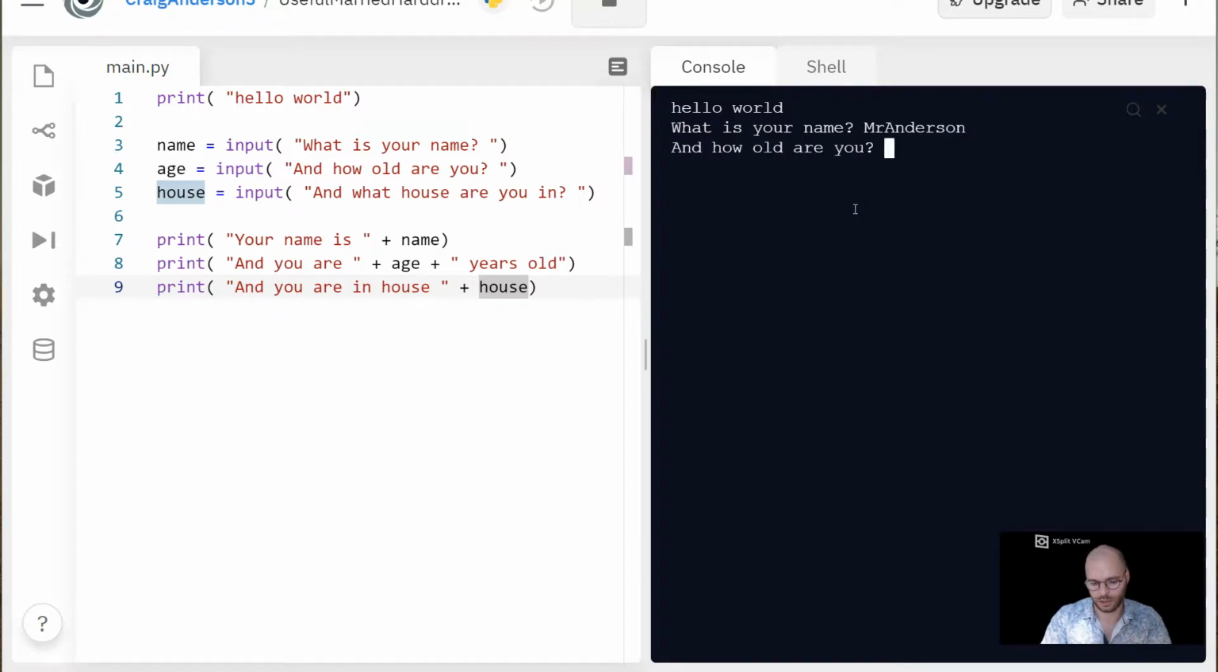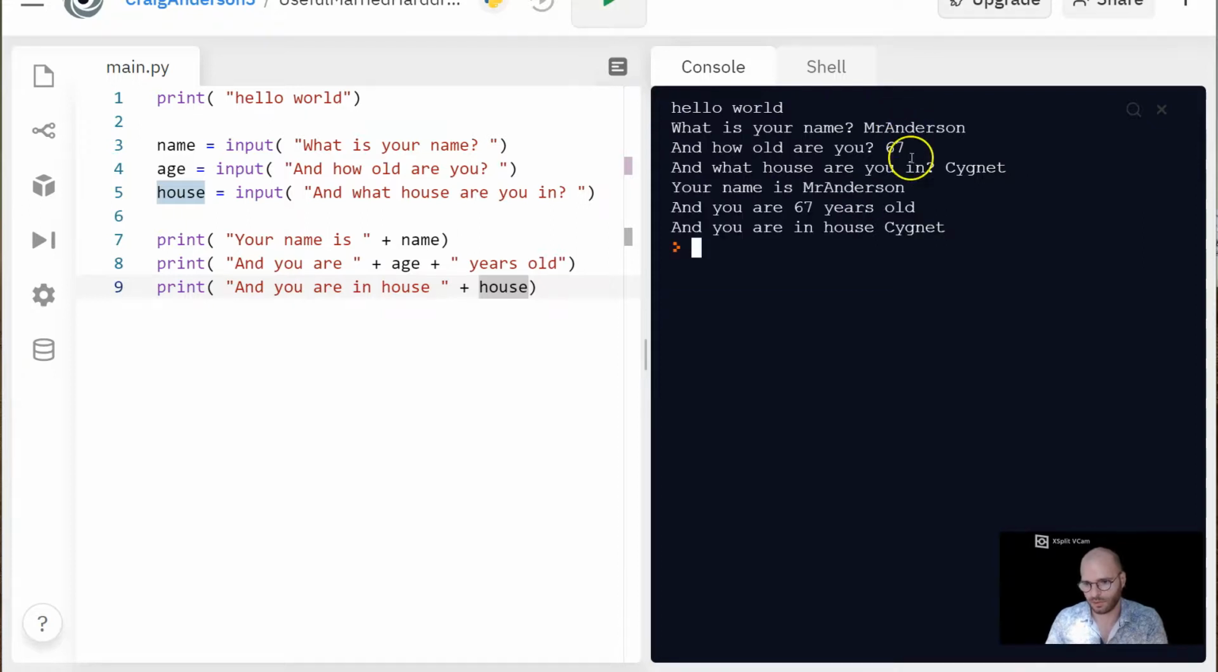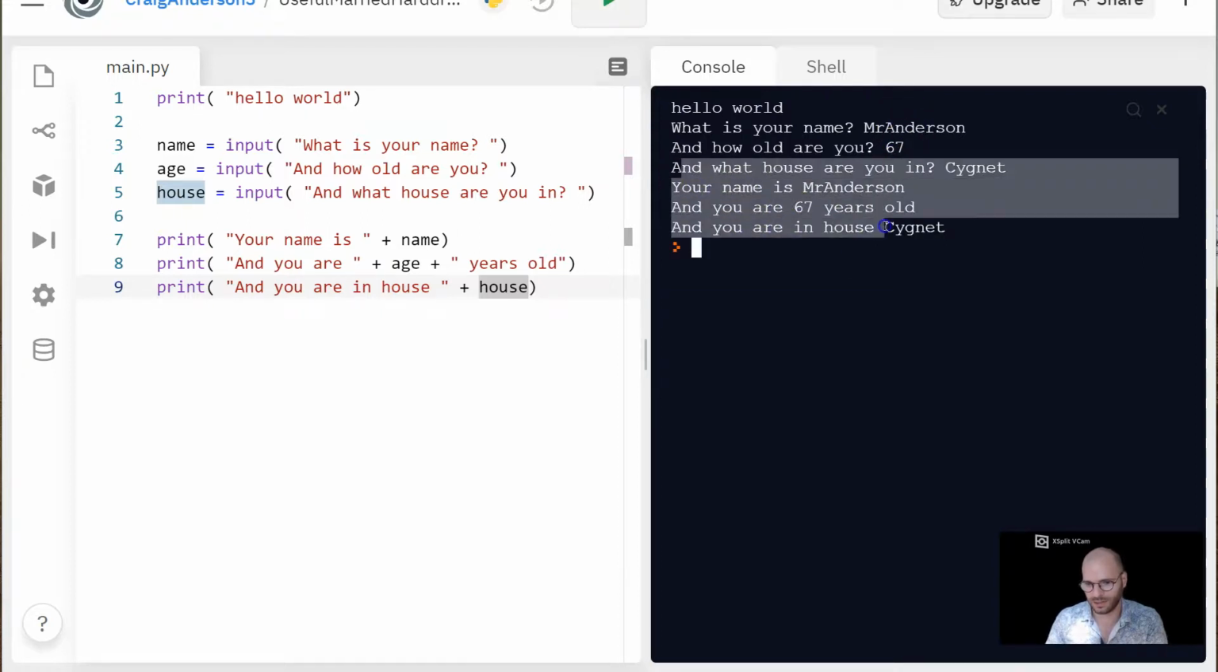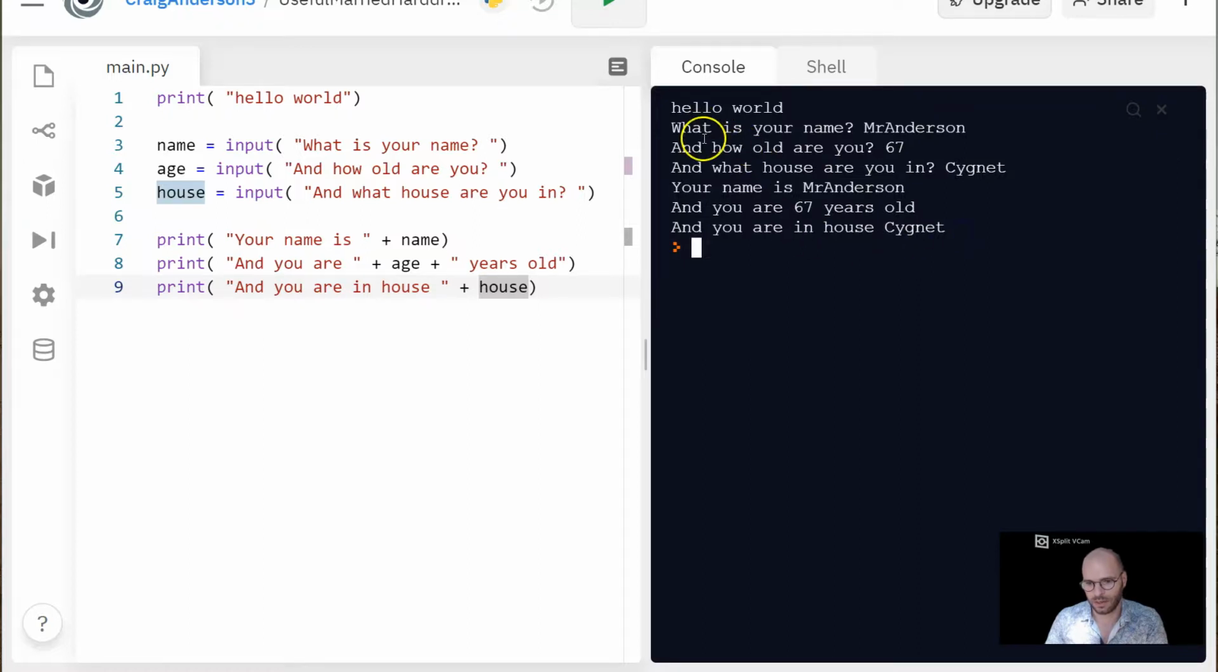How old are you? I am 67. And what house are you in? I am in house Signet. Now watch what happens. It will collect all the information and then it will output it to me like so. So what we've managed to do is build a program that can collect information from the user, process it, and then output it. Jumping back over to Word,